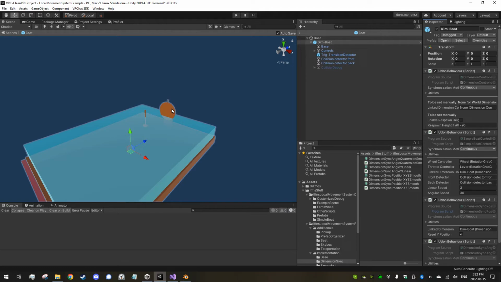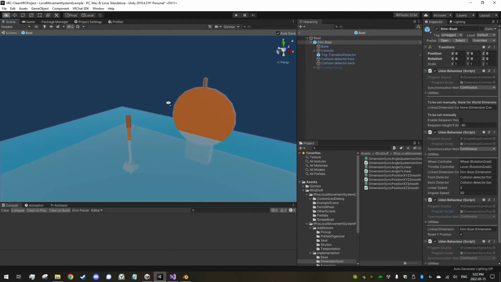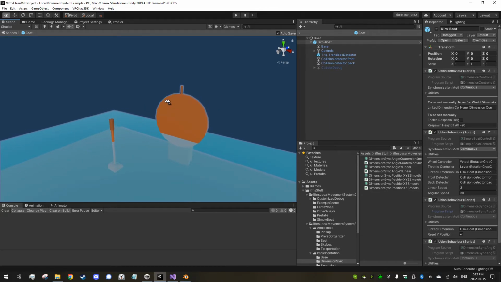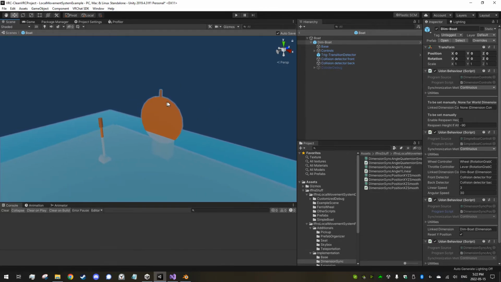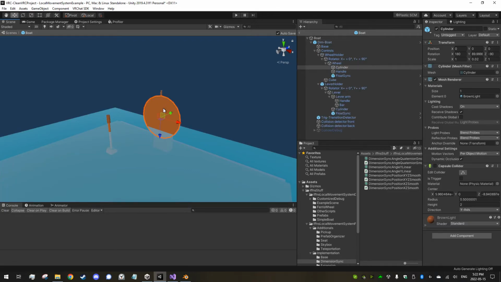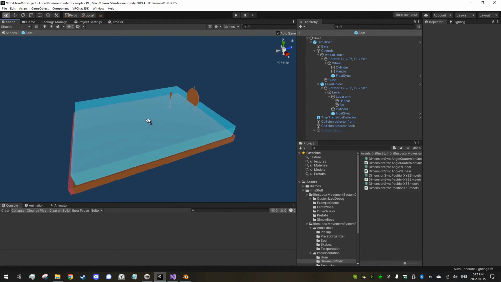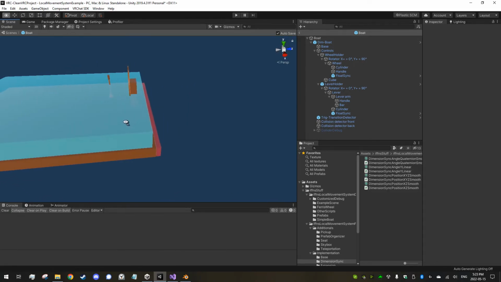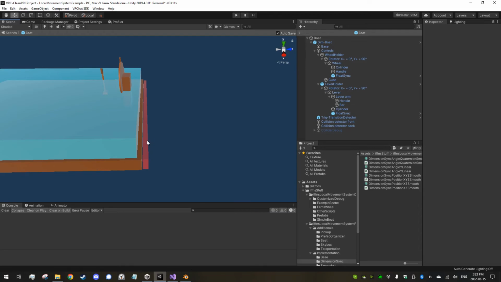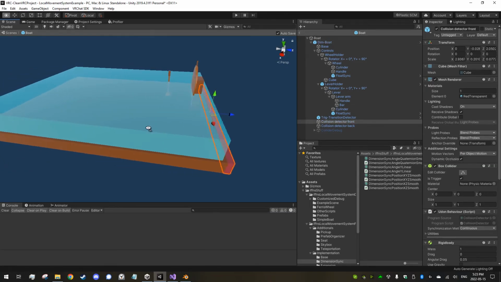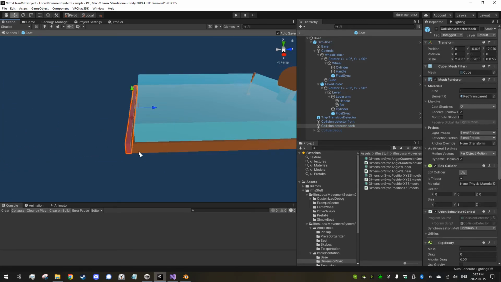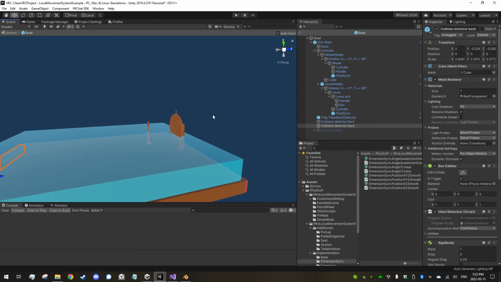In-game, this boat is controlled with the wheel and the throttle, which the players can grab and move around. And these just output a value between -1 and 1. And they also set the ownership of the boat to whoever grabs it. Also, because this local movement system doesn't really support rigid bodies very well at the moment, I've added these colliders at the front and back in order to detect the collision so I can stop the boat. So we're going to take a look at the controller